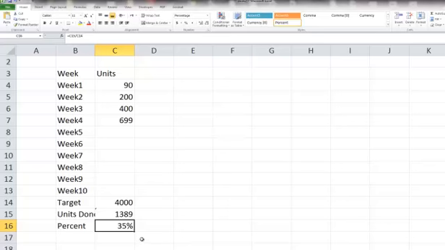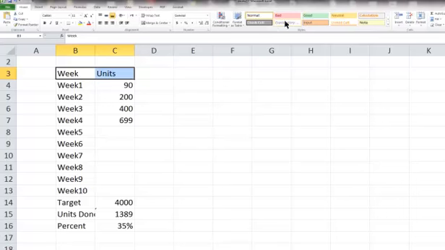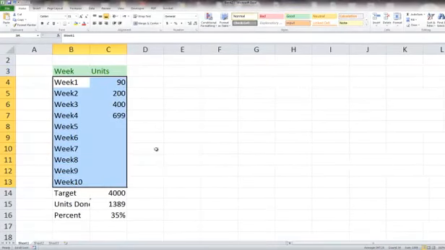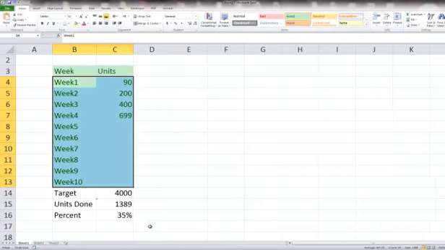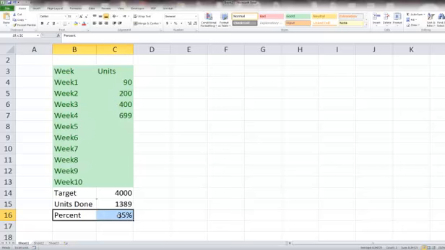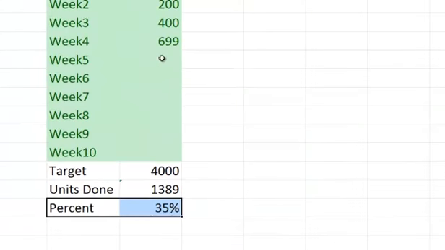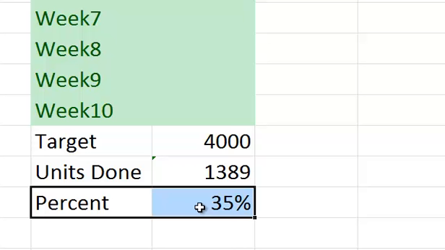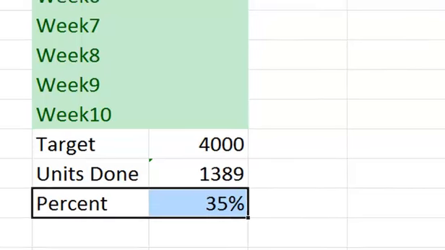So how I'm going to actually do the thermometer is going to take probably a couple minutes to do, so it's not going to be really a long video, as you will see. First of all, I wanted to highlight these. This is really what we have accomplished so far. Of course, if we added more data here, it's going to change, and hopefully we're going to get by the 10th week to 100%. I'm going to click this, and I'm going to go into the insert,